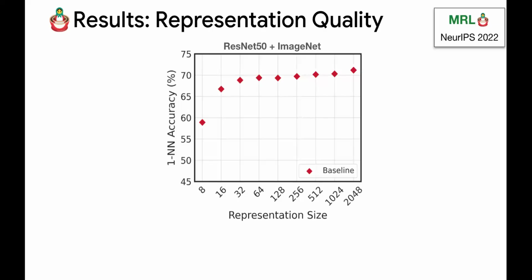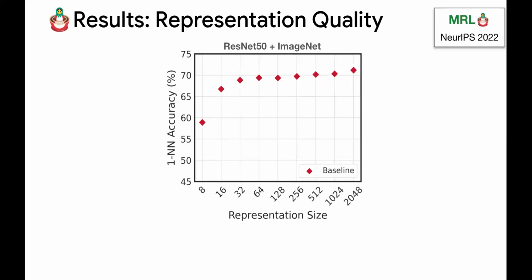One nearest neighbor is, I'm going to encode all of my images in the train set. My test set comes out. Whenever an image comes in, I pick up the closest nearest neighbor in the train set, see what the label is, and assign it as the label. There's also a proxy which you can do with linear classification, a linear probe. However, this is a bit more generalizable because it is also applicable to search, not just classification. So the number here is generalizable to classification, search, as well as retrieval.